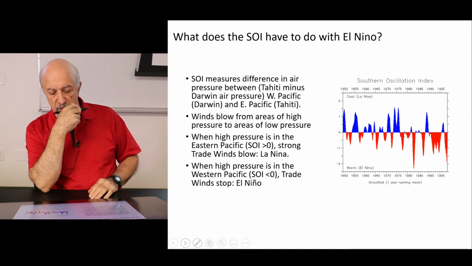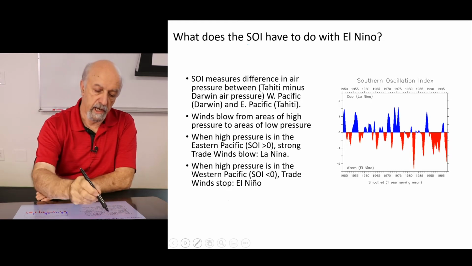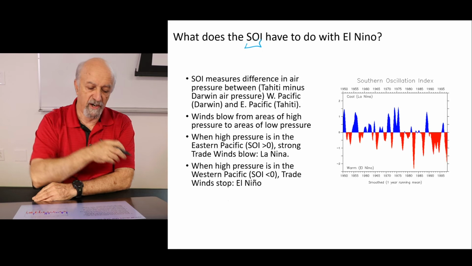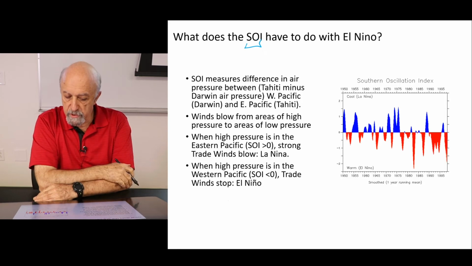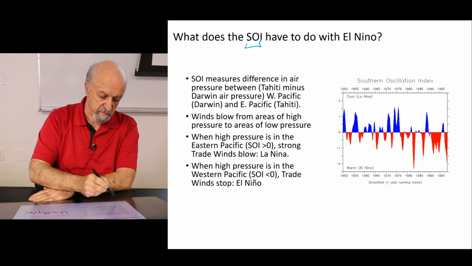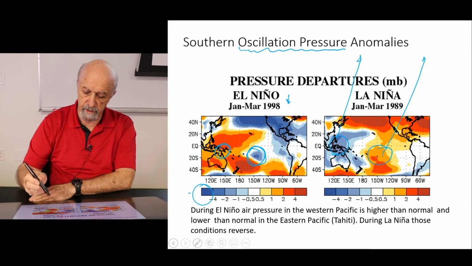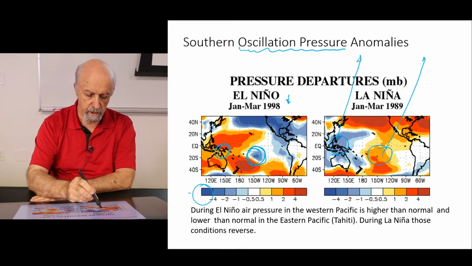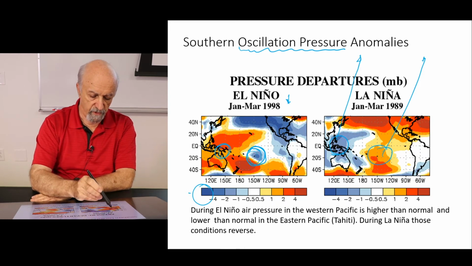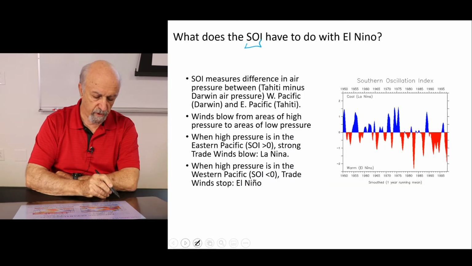So what we do with this Southern Oscillation Index, that's the name of that pressure gradient, is measure the difference between Tahiti and Darwin, which is in Australia, obviously. I forgot to mention. Sorry. So Tahiti is about this area here, and Darwin is more or less in this place here. So that's where the measurement happens.